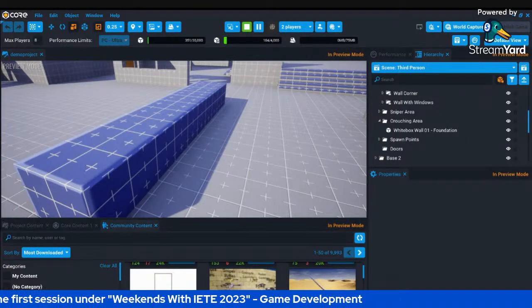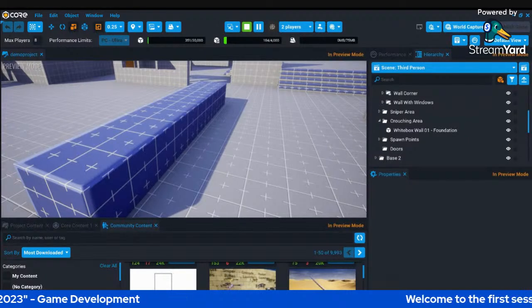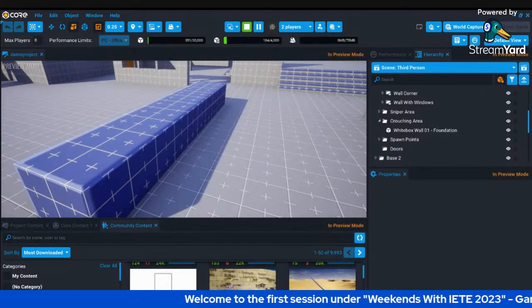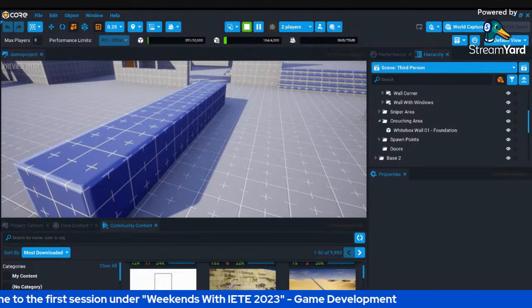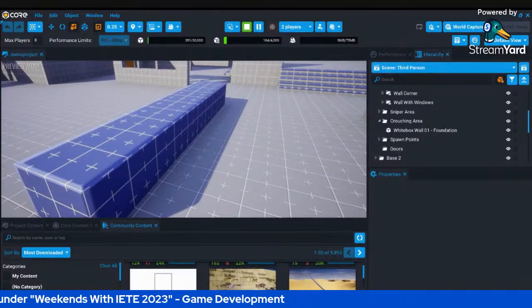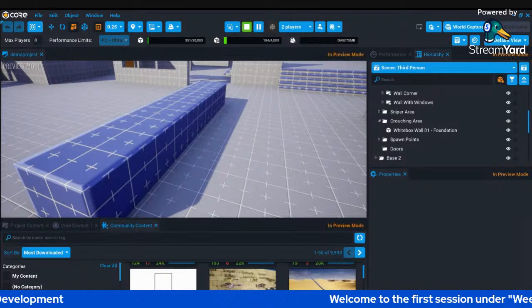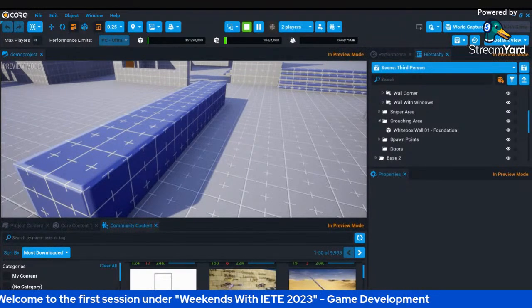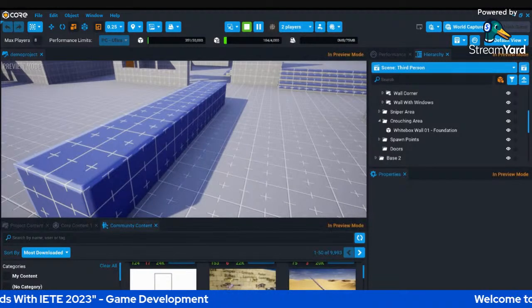I think it's lagging a little bit. Can you see 2 screens, 2 characters on your screen? Okay, great.